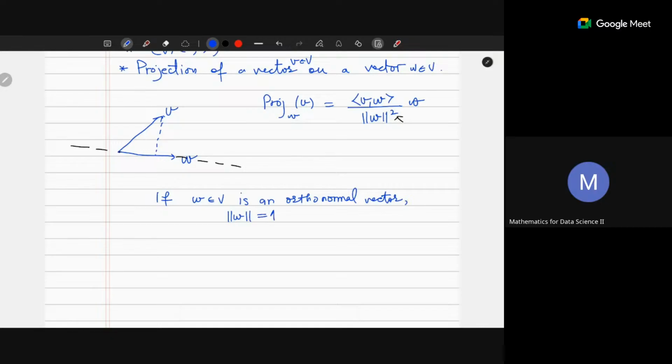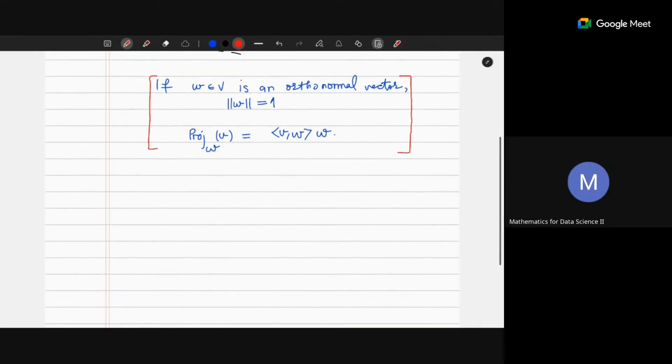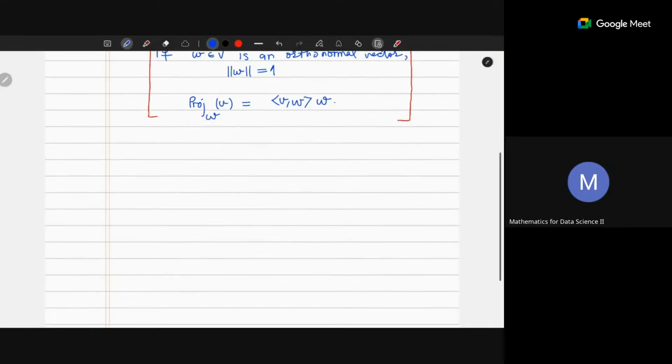So in that case, the projection of V in the direction of W just becomes this. So this is in the case of an orthonormal vector, if you're projecting a vector in the direction of an orthonormal vector, and for a vector subspace,